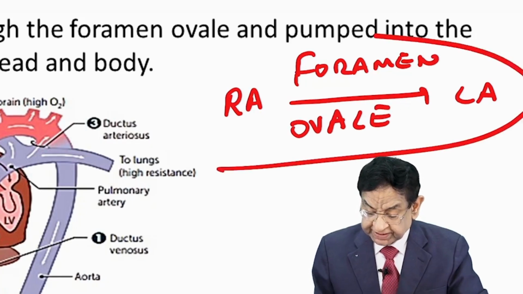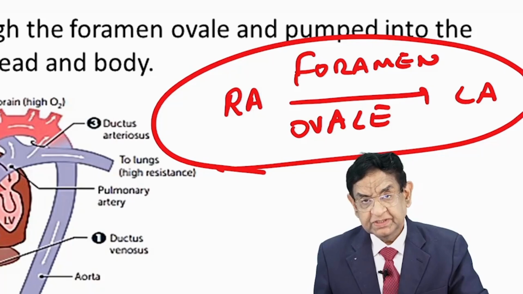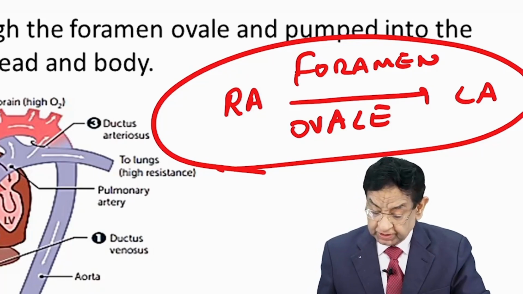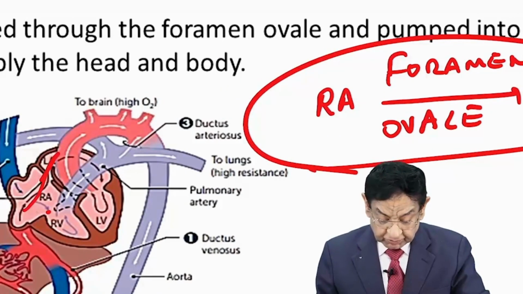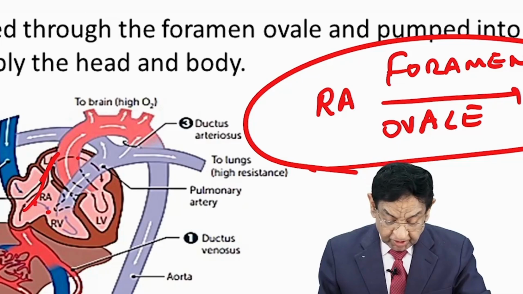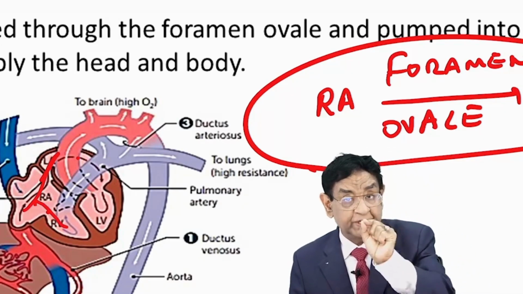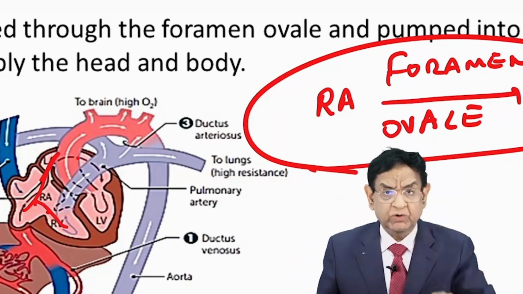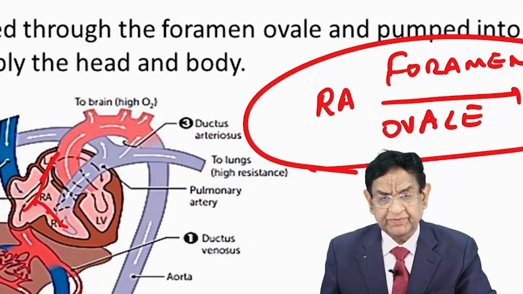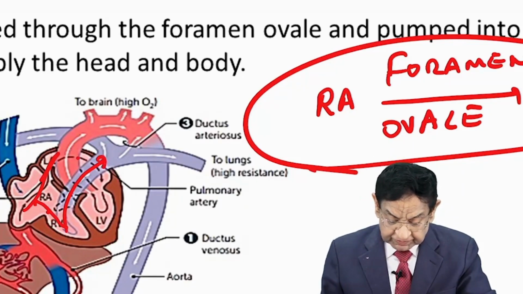So this is the second box to remember, where the shunting occurs. Ultimately blood has come to the right atrium, it has gone to the left atrium, but some amount of blood does enter the right ventricle also. Point to be noted: not everything goes to the left atrium. Some amount of blood comes to the right atrium, and of course this will enter the